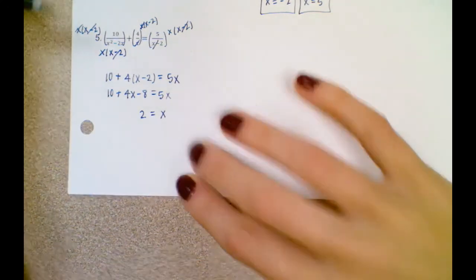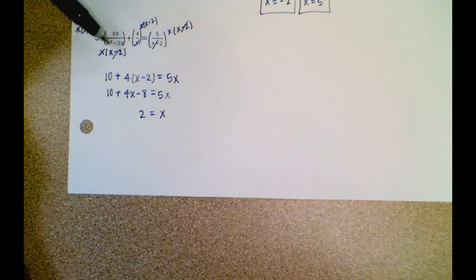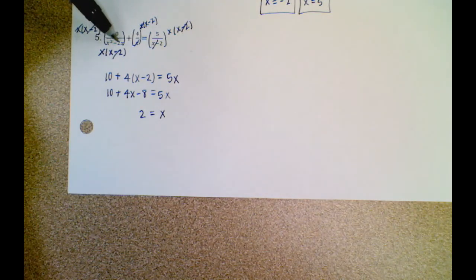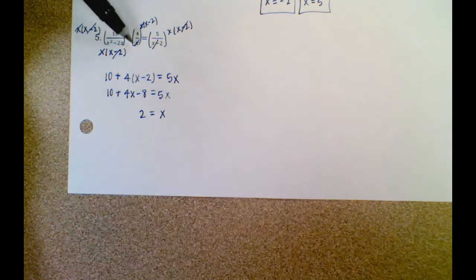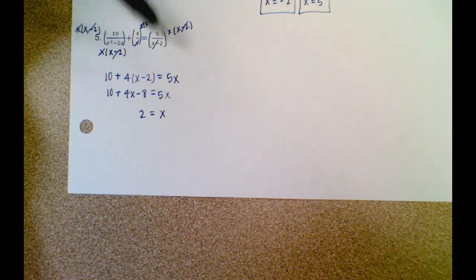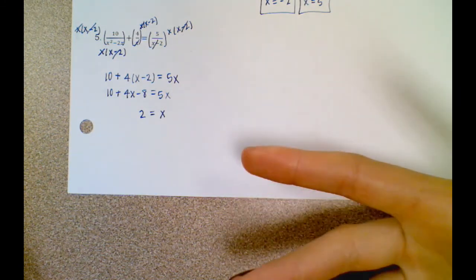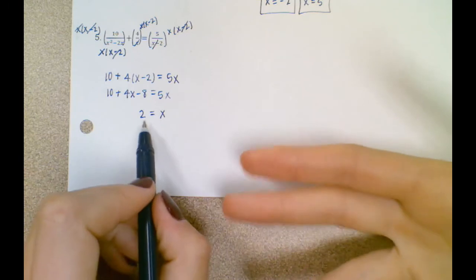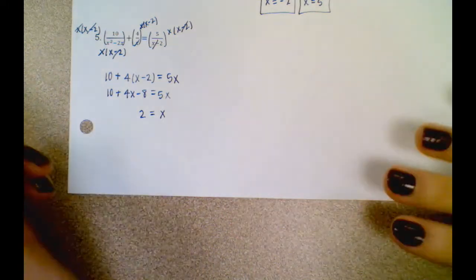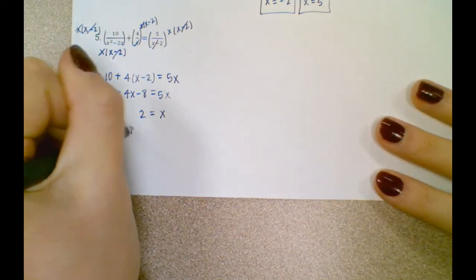All right. Now, notice when I plug this back in, 2 squared is 4 minus 2 times 2 is 4. So that denominator equals 0, which is a big no-no. Okay? Over here, my denominator is fine. But over here, 2 minus 2 is 0, so that makes, because this x value of 2 does make the denominator equal 0, we have to say that this is an extraneous